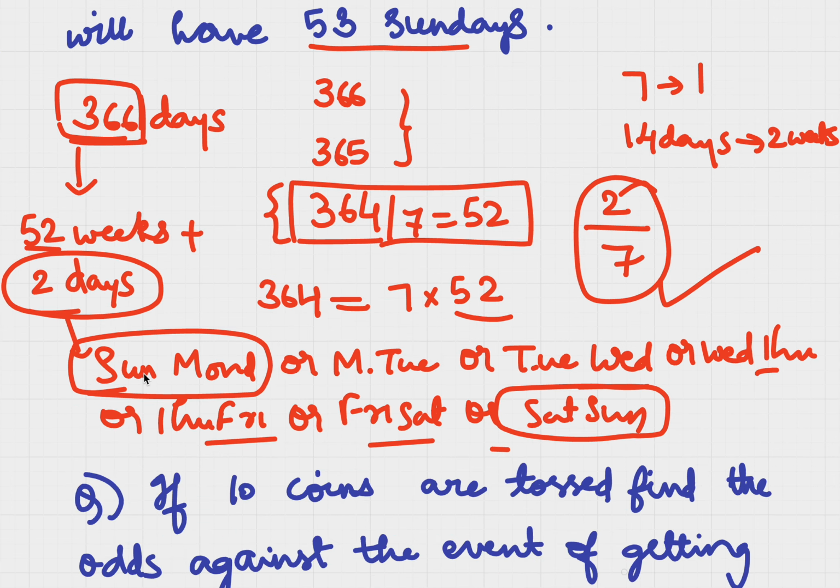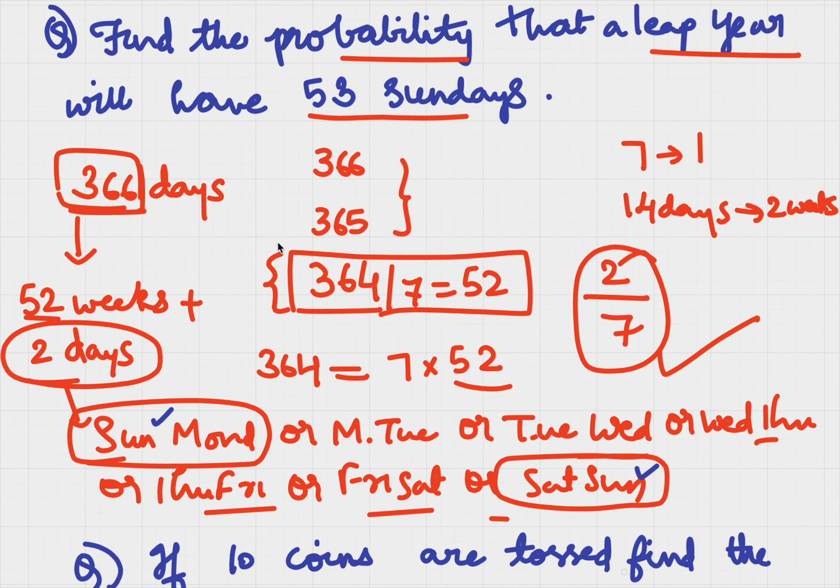Also, if you have a doubt why I have taken this and this as the favorable outcome, it is because we are asked for 53 Sundays. That means one Sunday more than what we have in 52 weeks. That Sunday we get in this combination, Sunday, Monday, or if these 2 days are Saturday, Sunday, we still have that Sunday as our possibility, so that we fulfill our criteria of 53 Sundays. I assume it was clear, but just in case, I am repeating why these are favorable outcomes.